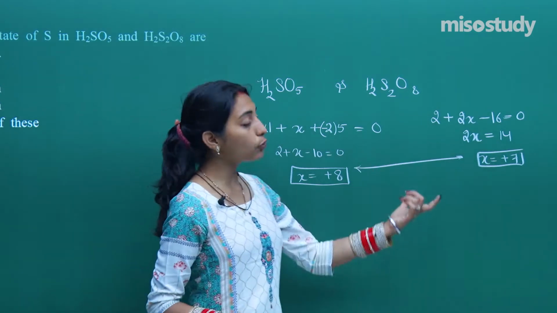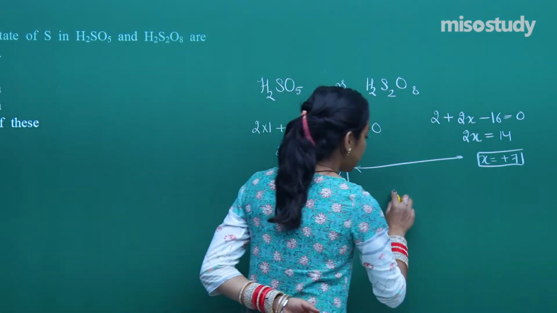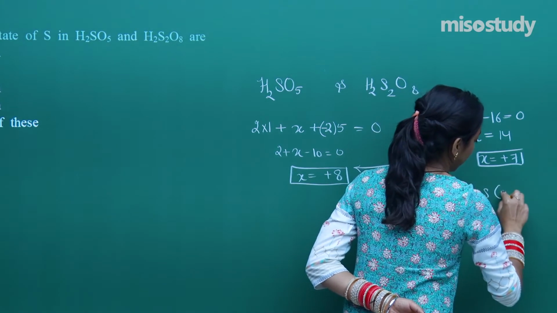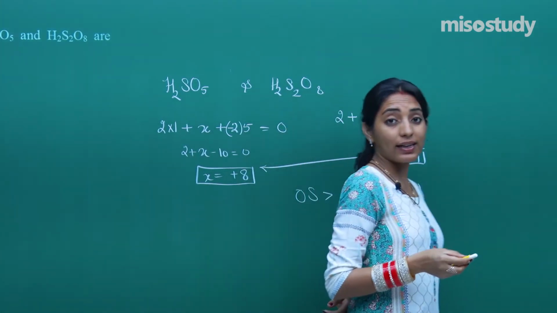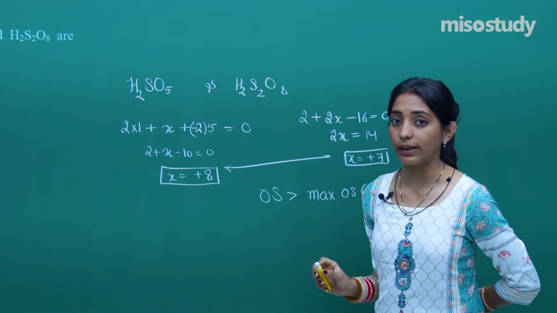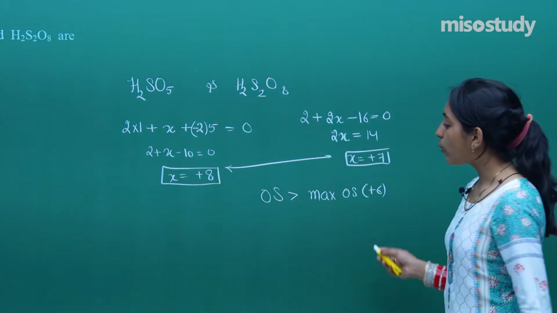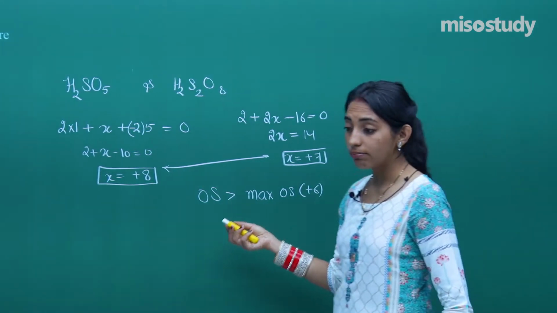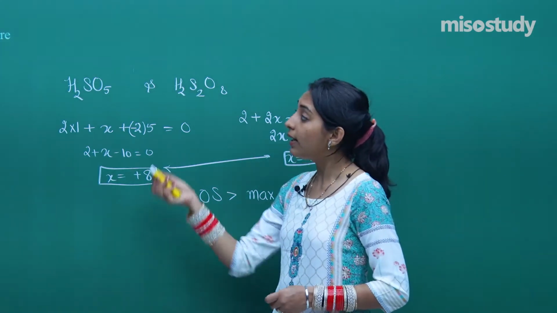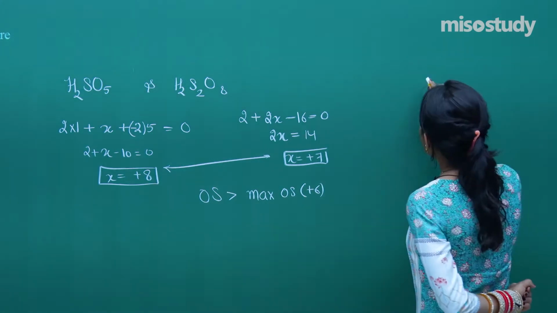Now, in both the two cases, you can see that the oxidation state is greater than the maximum oxidation state, which is plus 6. So when the oxidation state is greater than the maximum, then there is some flaw in the calculation of oxidation state. So for that, I think we should be drawing the diagram. And right, whenever the calculative answer is greater than the actual plus 6 oxidation state, then what happens? You need to draw OO single bond. So let us first draw for H2SO5.